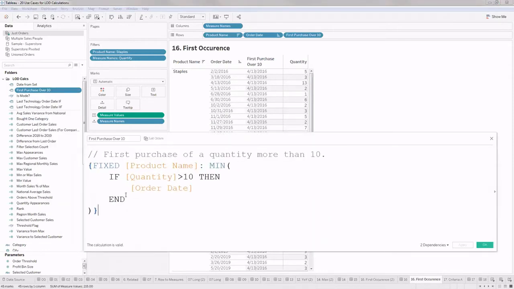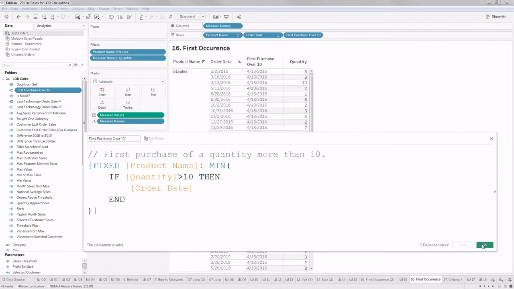So it's on the same logic. My calculation should occur at a product name level, so fix it. I need to get the minimum date, because I want when the first occurrence happened, so my aggregation is minimum. And I should do the minimum not on all dates, only on the dates where my quantity exceeded a certain value. So here I incorporated that: if quantity is greater than that, give me the order date. This gives me a separate field, and on that field I'm aggregating at the product name to give the result we want.